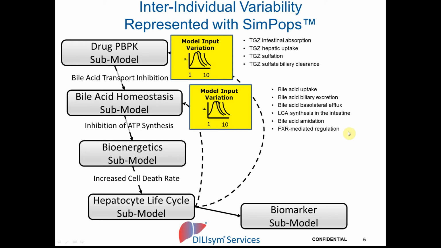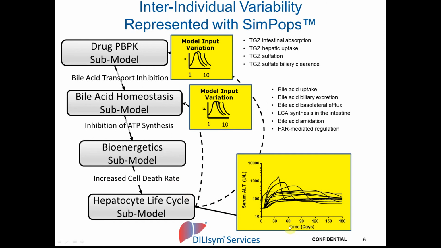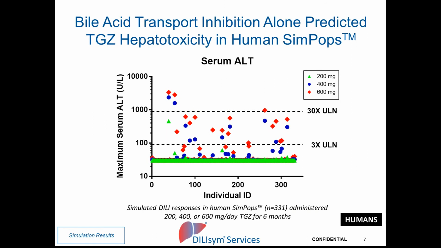bile acid mechanistic side. And so we made a large number of simulated patients, in excess of 300, and various parameter values here, combined all those in various ways, and we were able to predict a range of responses based on a range of biochemical properties combined in unique ways, establishing a unique individual, accounting, like I said in the beginning, for that inter-individual variability. So the first set of simulation results are given here in this slide, where you can see